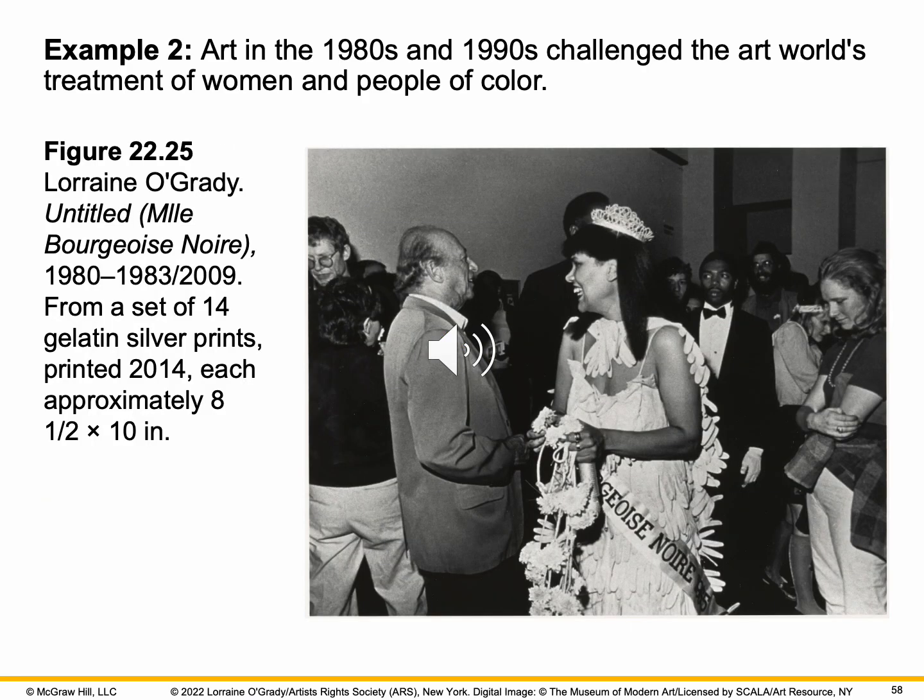Lorraine O'Grady's Untitled (Mlle Bourgeoisie Noire) raises issues of race, gender, and class, and critiqued complacency in the face of prejudice and discrimination against Black Americans. Wearing a dress made of the white gloves worn by middle and upper-class ladies in the 1950s, and carrying a cat-o'-nine-tails of sailing rope, O'Grady assumed the persona of the fictional beauty queen Mademoiselle Bourgeoisie Noire, 1955,